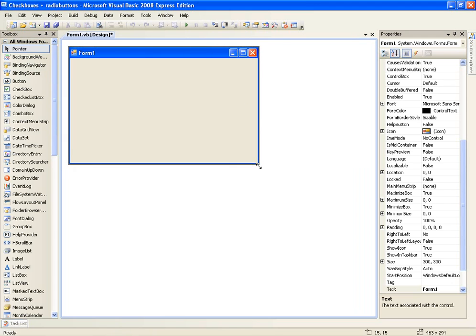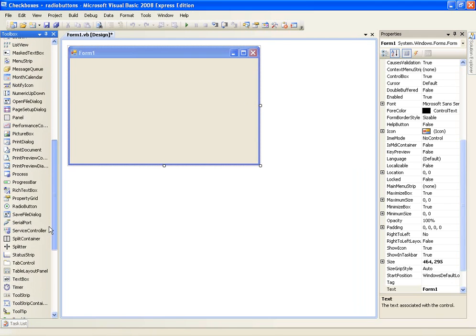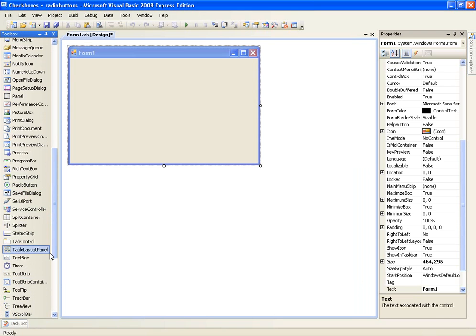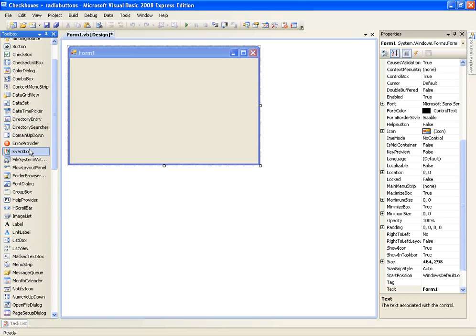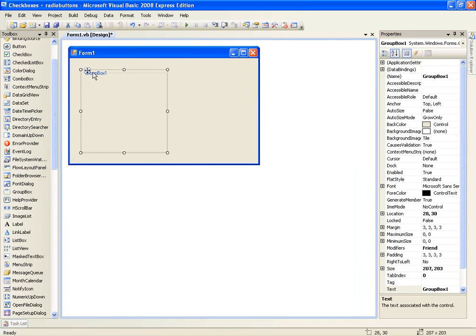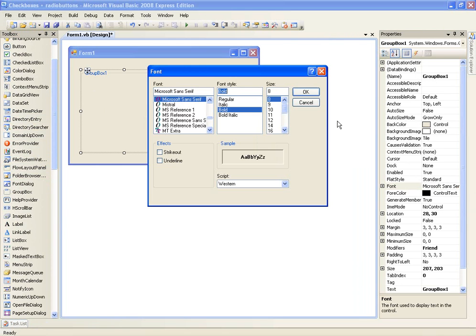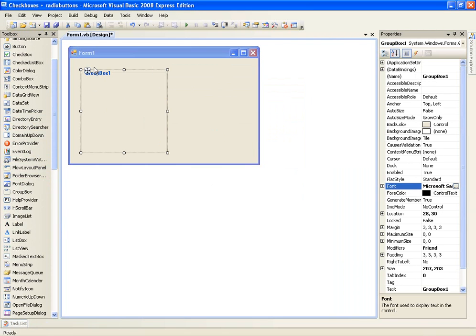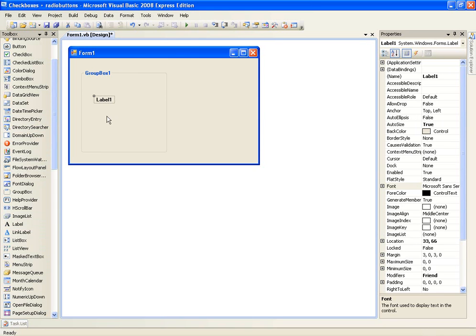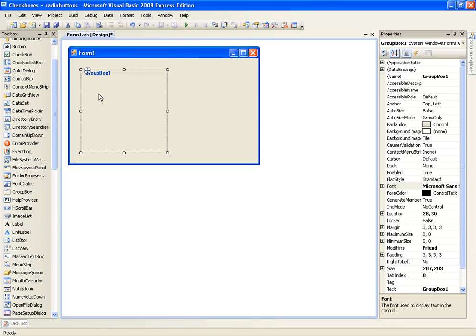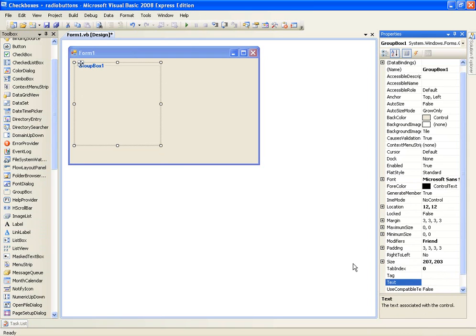Okay, so let's do this quickly. Basically what a group box is, which we'll add first, is a box which will group whatever's inside it. So let's say we make this bold on the font. This will go bold up here, but also say we add a label in, see that's bold as well. Let's just quickly group boxes out the way. So we'll change the text to age,